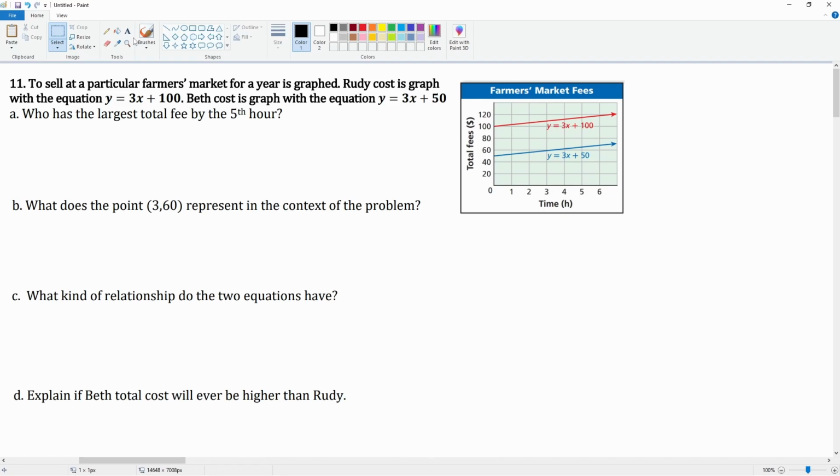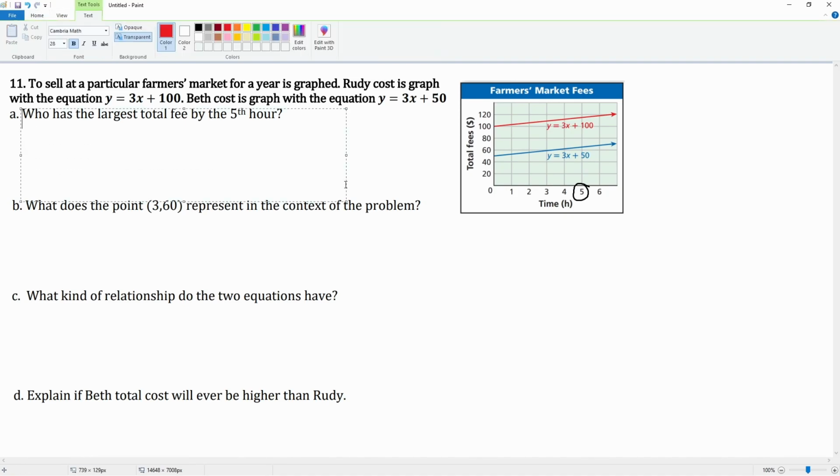So if we want to take a look at the 5th hour, we want to take a look right here at the 5th hour here. Notice that the red is on top, okay? So we would say that Rudy has the largest total fee by the 5th hour. And the reason why is because